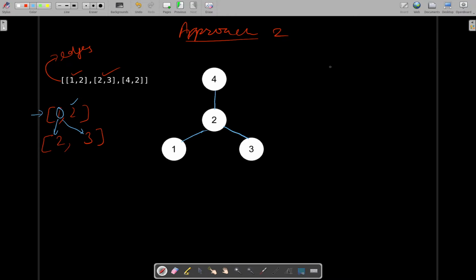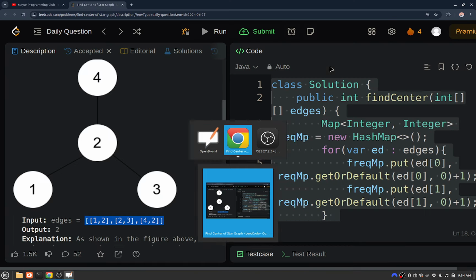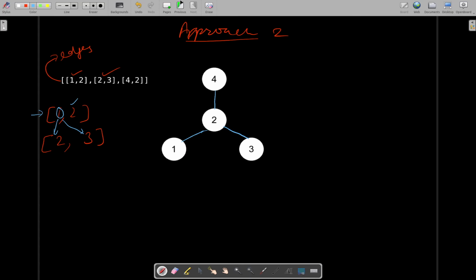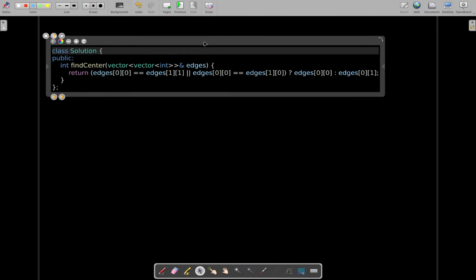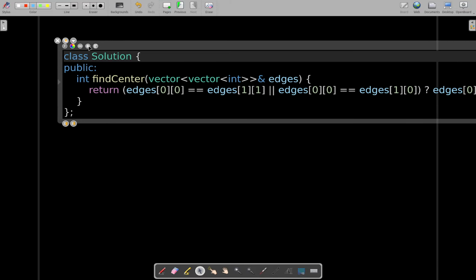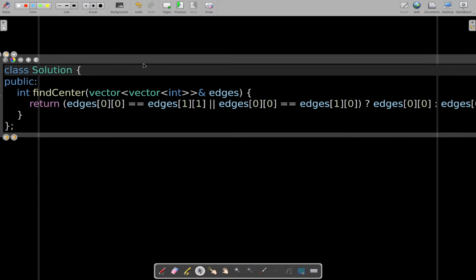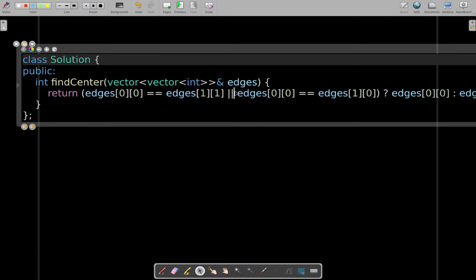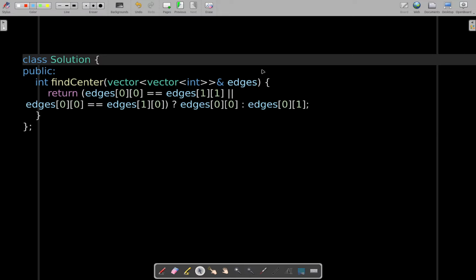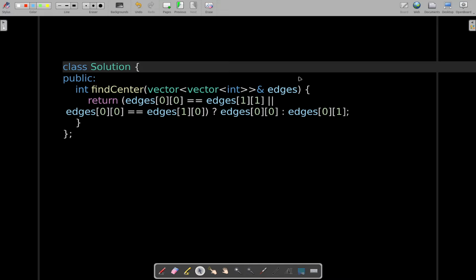So let's have a quick look at the implementation also. Things will be more clear in the implementation if you are not clear what's going on here. So let's take it to the board. This is the implementation. This is a single line implementation, although. So let's break it up a little bit so that it can be visible enough. Yeah, I think this should be visible enough. So what we are doing here is, as we talked about,